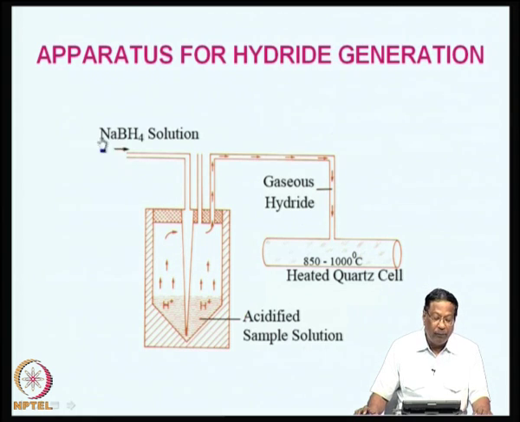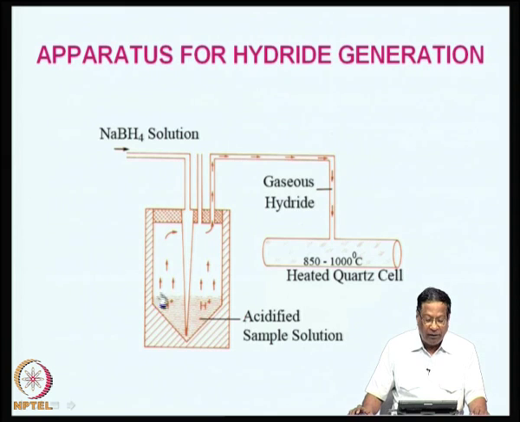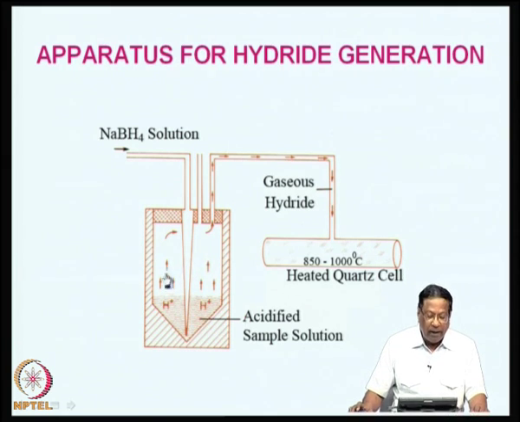So, this is a very simple arrangement used for the generation of metal hydrides. Here we have a sodium borohydride solution coming in a flask, and this is your sample solution. Usually it should be acidified, and the metal hydride and hydrogen gas will be generated, and metal hydride also would be mixed along with this. It will be held in this space and it will be taken to the heated quartz cell